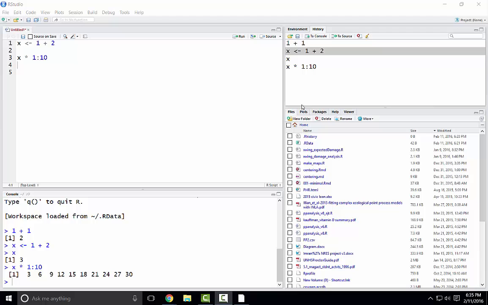One more, so the history panel is quite useful. One more pane to go. This one's a bit more complicated. It defaults to having a Files tab open, and this is just showing you what files are present in a particular directory. When you start up, this is going to be the same as the working directory for wherever you have started RStudio from. So in this case, I've started it on my desktop and it defaults to the home